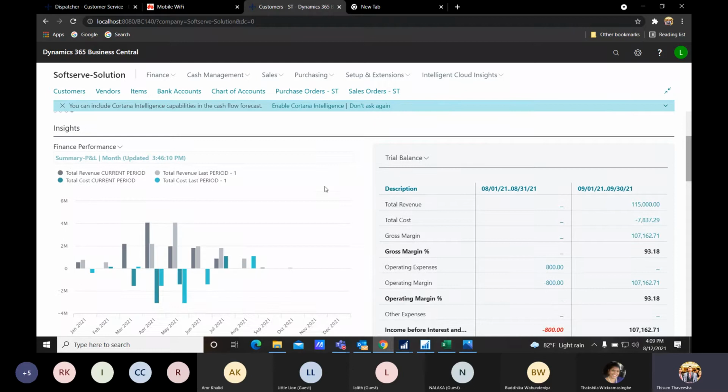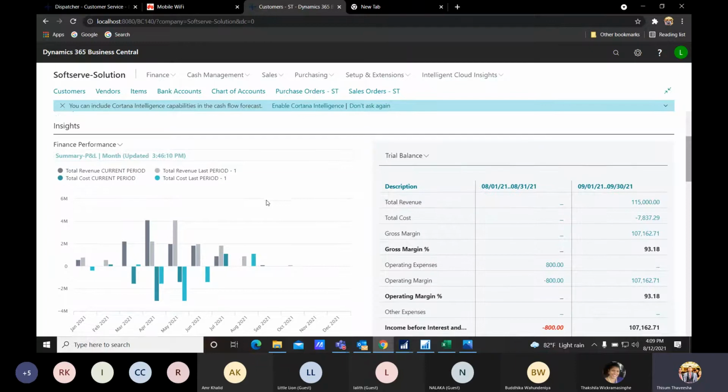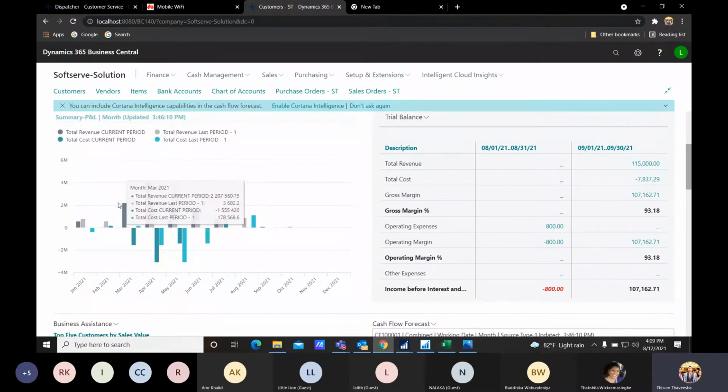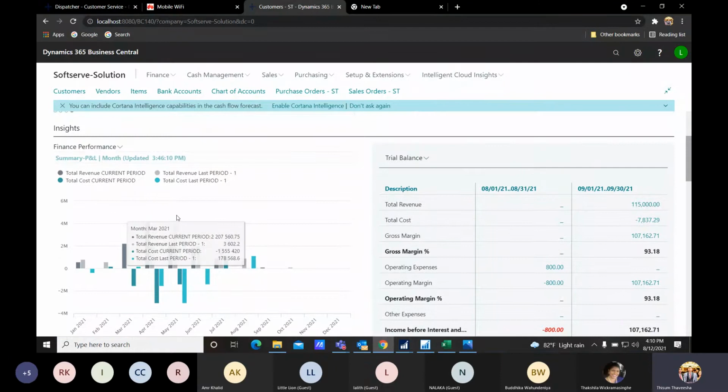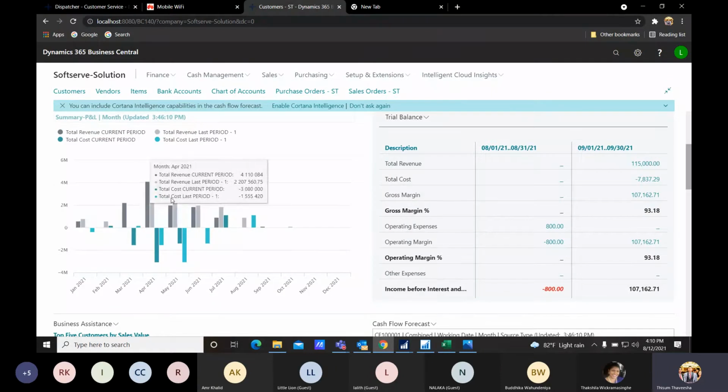Here we will be getting some system standard generic charts that can be customized according to the user requirements also. For example, the first chart can be customized according to the user requirements. Then this is one chart where you can get a summary of the profit and loss for a month, 2 months or 3 months for identification purposes. These colors also identify different things: total revenue of the current period, total cost of the current period. These are some sample generic charts that I have prepared for the presentation.